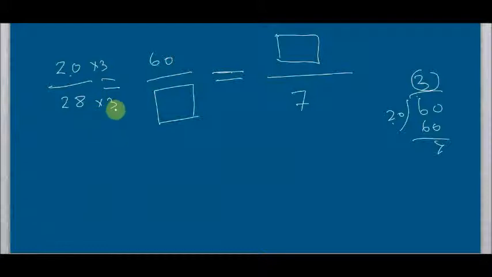And how did we get 3? We got 3 just by comparing these two numbers, dividing one number by the other. So 28 times 3: 3 eights are 24, 3 twos are 6, 6 and 2 is 8, this will be 84. Now you can compare this fraction either with this or with the first fraction. As this fraction is small, you compare this and this. I am just deleting this one so that you can get a clear idea about this.